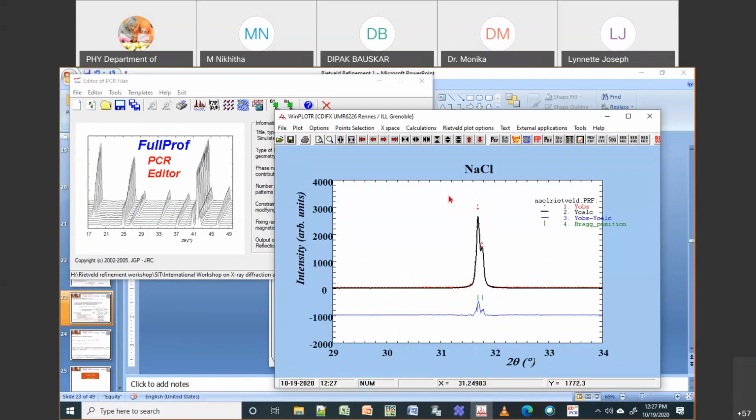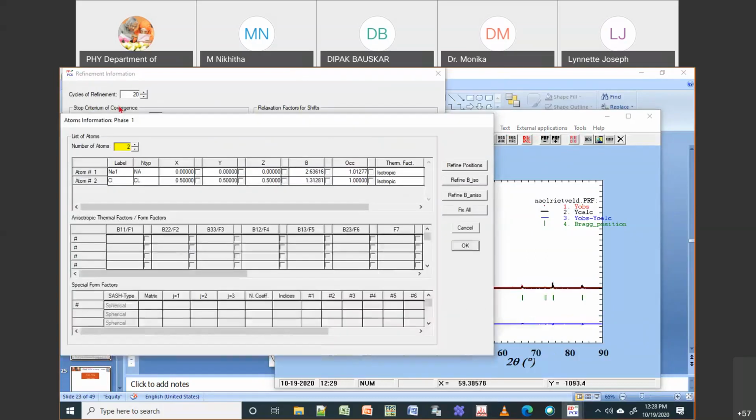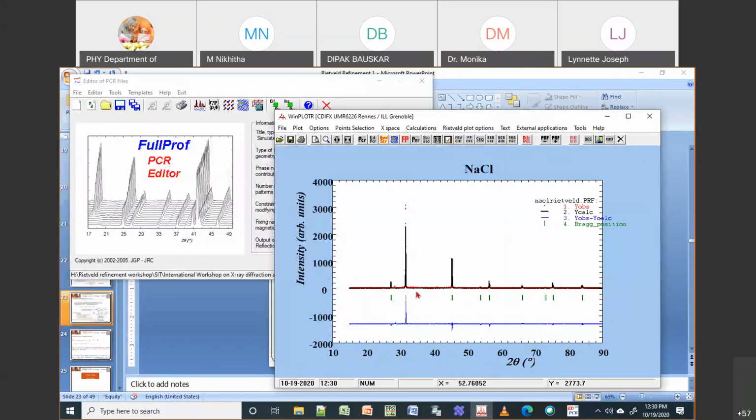So in this case, whatever fitting you are doing may be out of some believable factors. In principle, your sodium may not have so much vibration. That is the reason why you should be very careful when you do this kind of refinement. So let us accept this. The reason is I just want to show the next part. What happens next? Let us assume it is quite a good fit, even though it has some discrepancy. Let us assume it's fine.